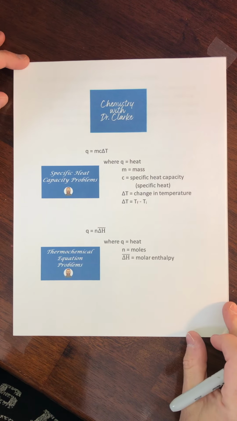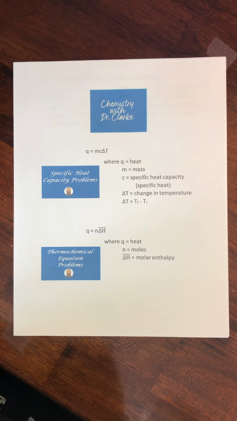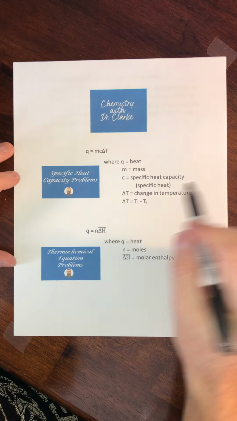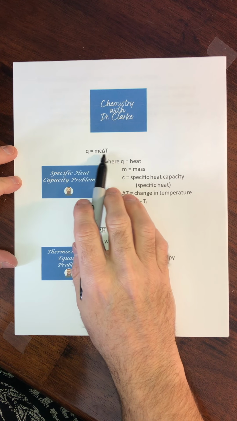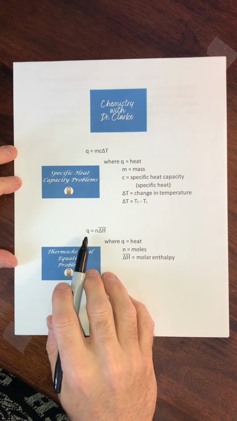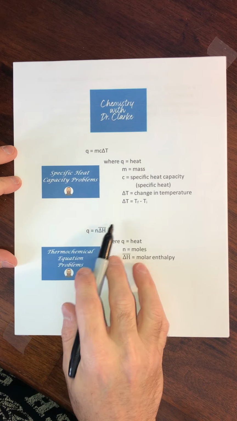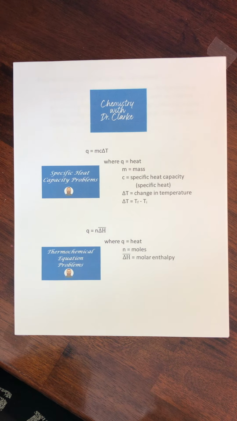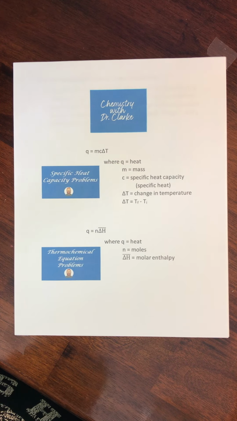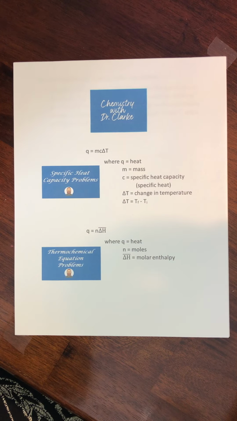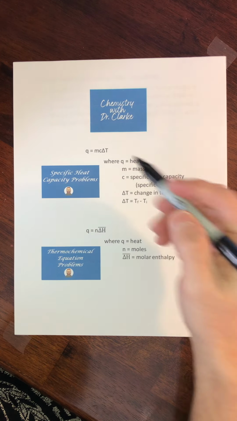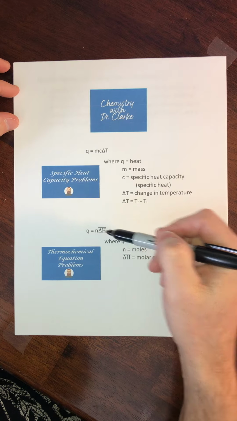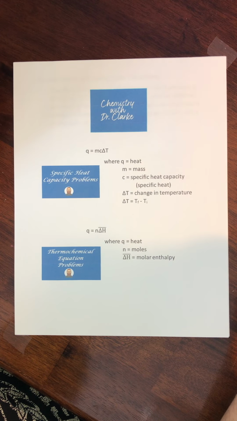In order to do these calculations, basically there's two formulas. You've got Q equals mc delta T, and you've got Q equals n delta H bar. That's the line over the top. If you are feeling comfortable with using both of these equations, then you should just stay with us and we'll do some calculations. If you haven't really worked with either equation before, then it's probably a good idea if you